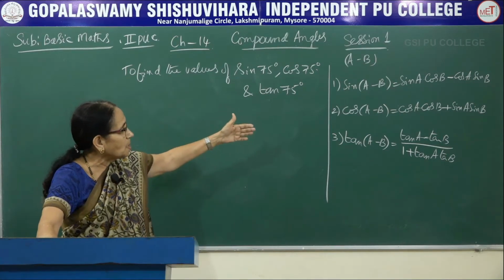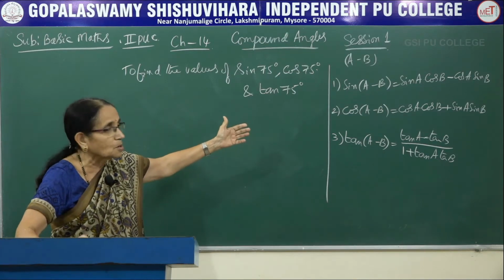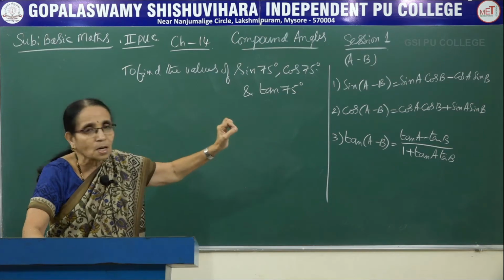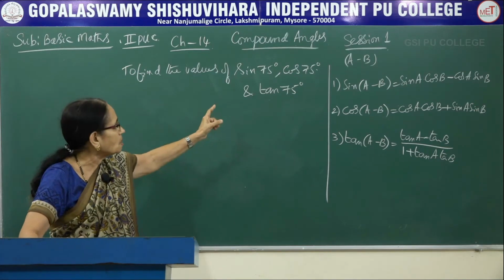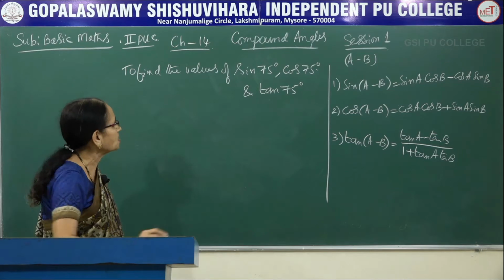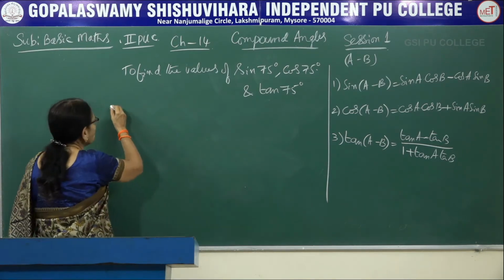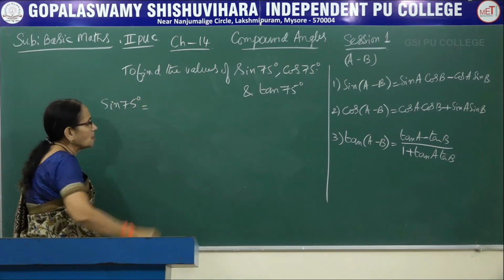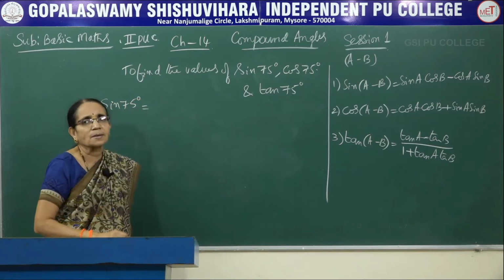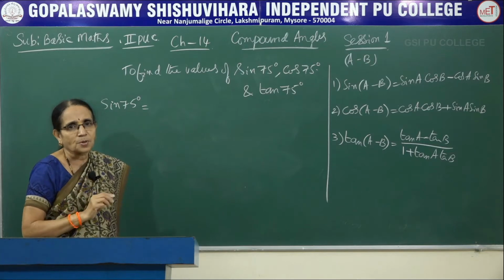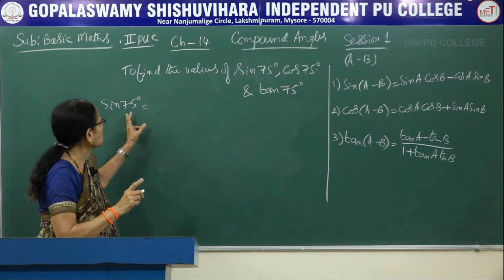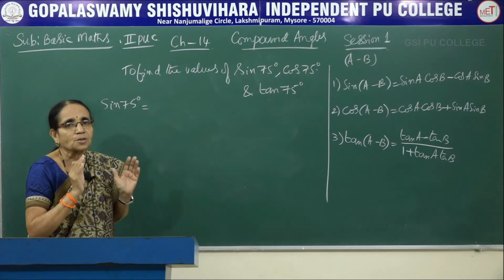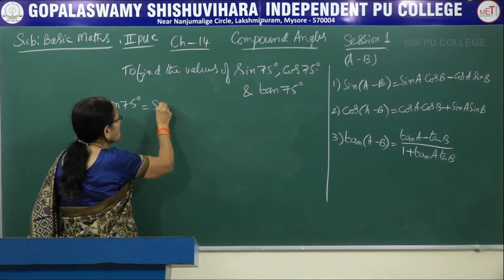See, the formula will not be asked for derivation because it is not included in your syllabus, whereas the problems of this kind, that is using the compound angle formula, you can get the standard values here. First, let me take sine of 75. Now, we can split the angle 75 into 2 parts here. But you have to remember, when you write it as the sum of 2 angles, both of them should be standard angles. How could you do that?